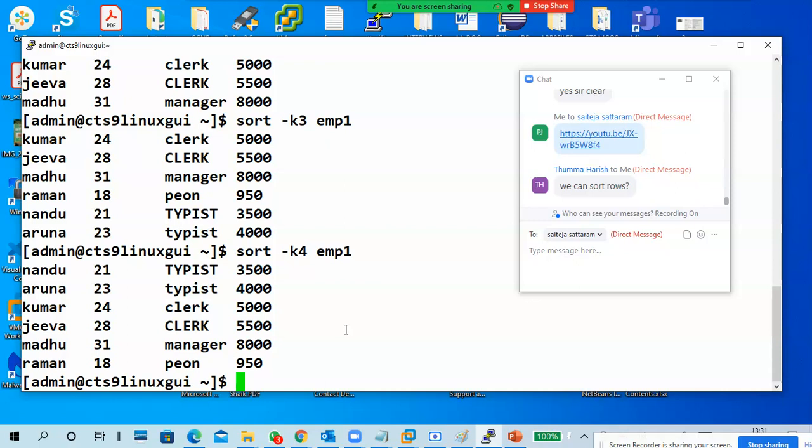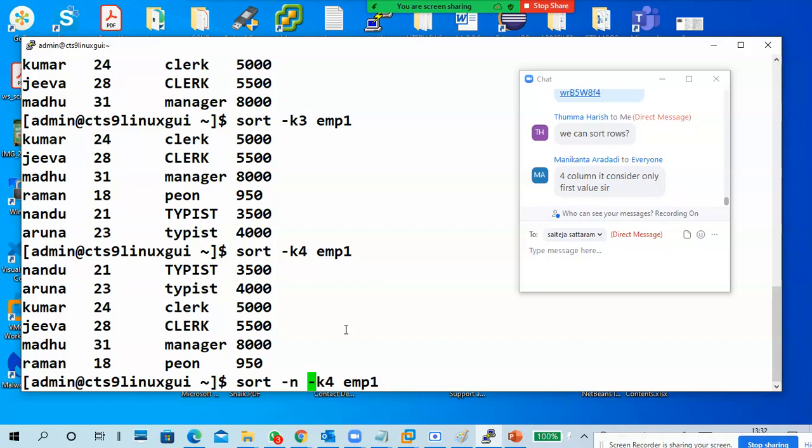It will take it as just character order. So 3, 35, 4, 50, 55, 8, and 9 is the biggest one. Like that only it is sorted, not based on 950 or 3500 as actual values.